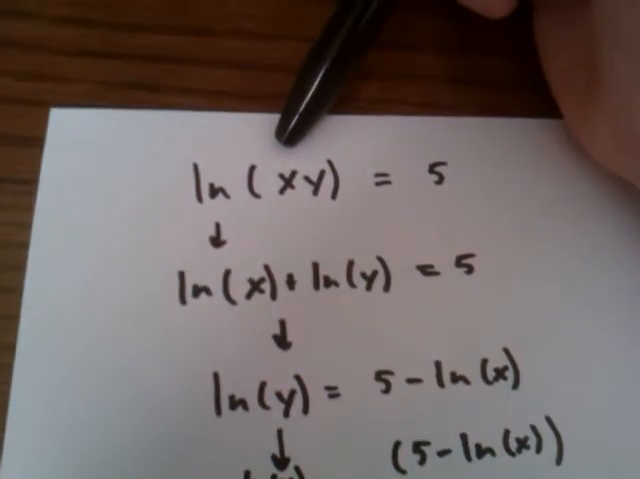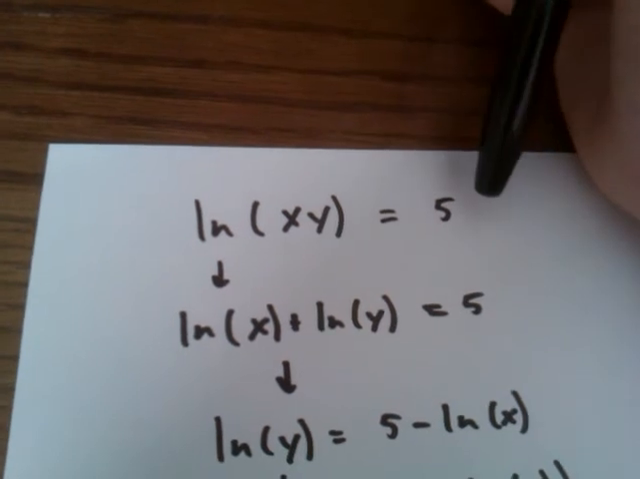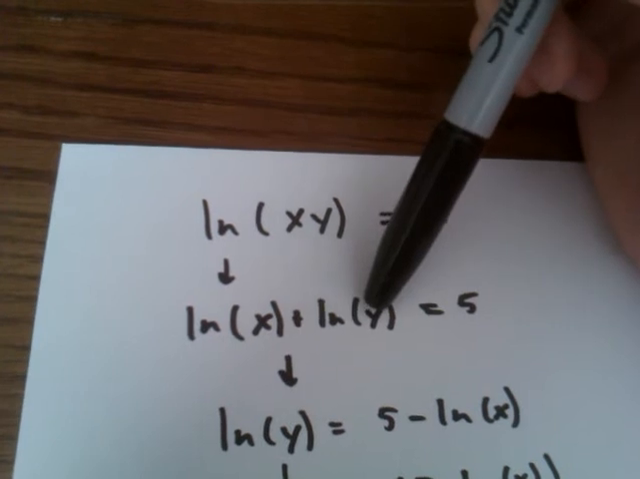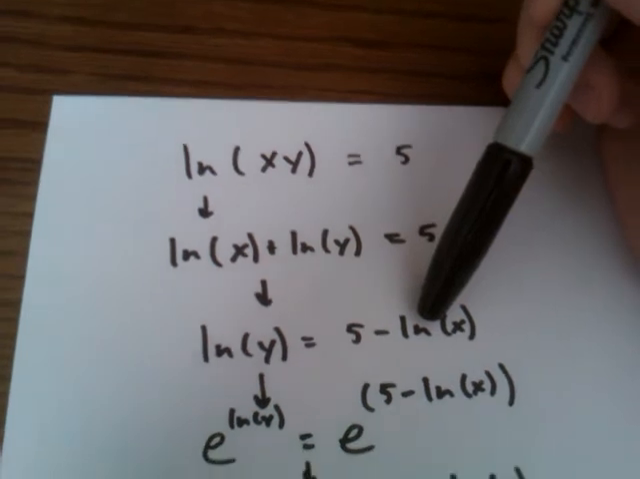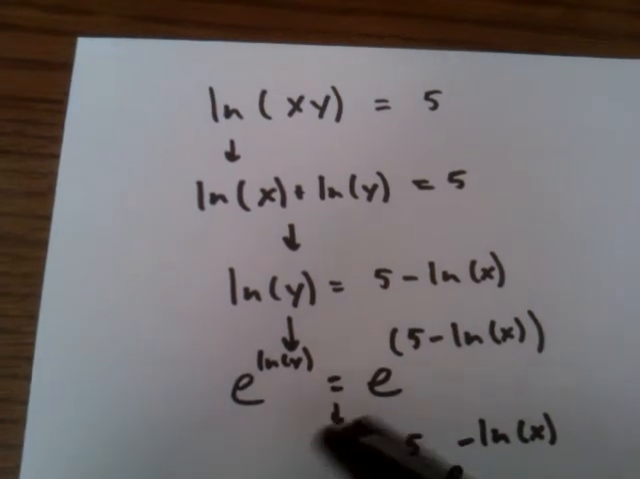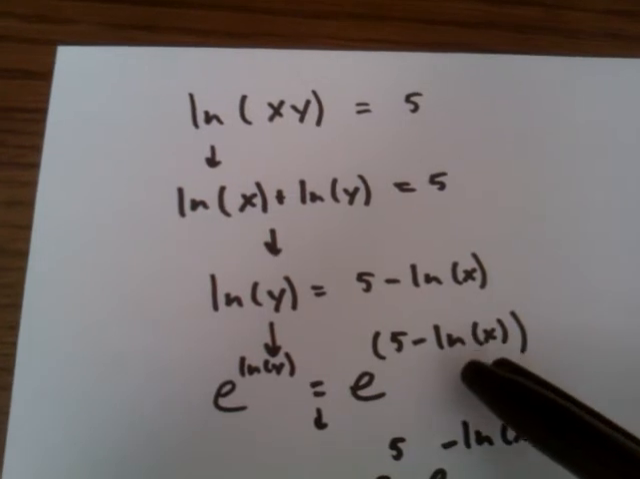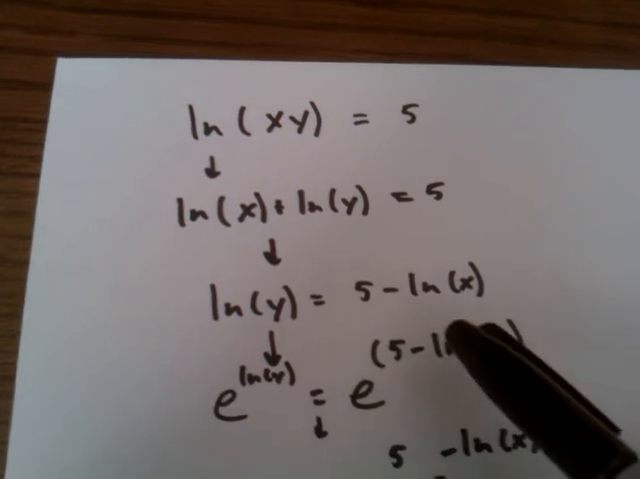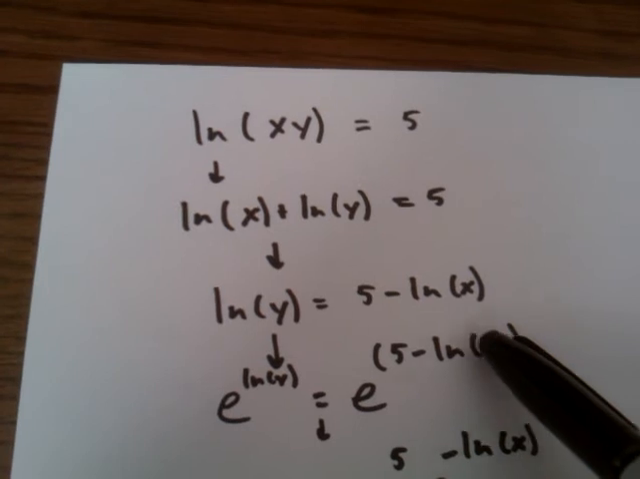Here's an example of using the splitting rule. So suppose we're trying to solve for y, and we have natural log of xy equals 5. Then we can split this into natural log x plus natural log y equals 5. Subtract over the x, and then we exponentiate again. So we'll have e to the natural log of y is equal to e to the 5 minus natural log x. You want to make sure to remember that when you exponentiate like this, you have to take the entire side of the equation and put it in the exponent. You can't just split it up,